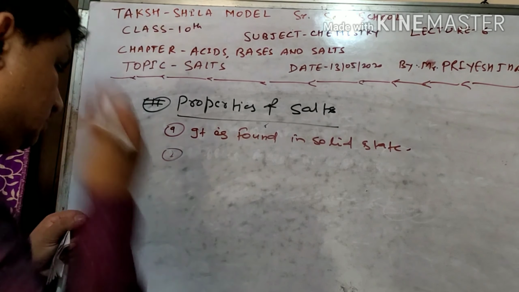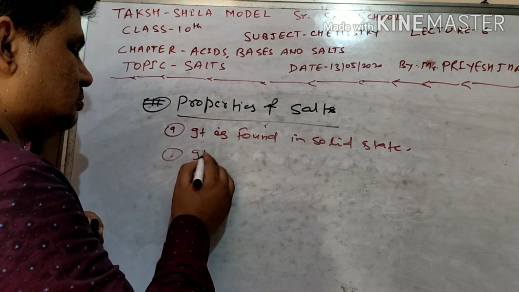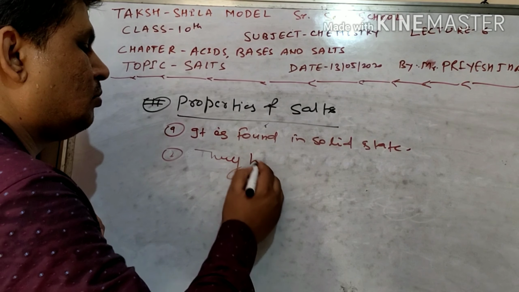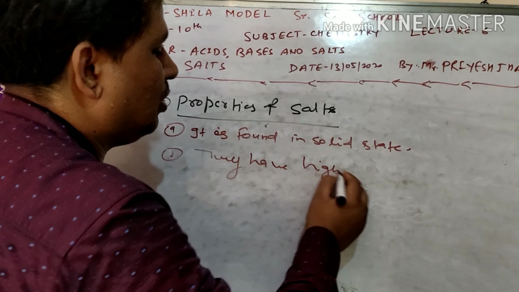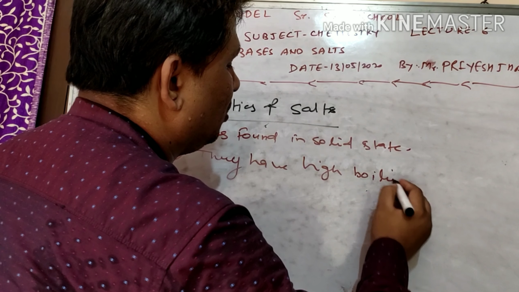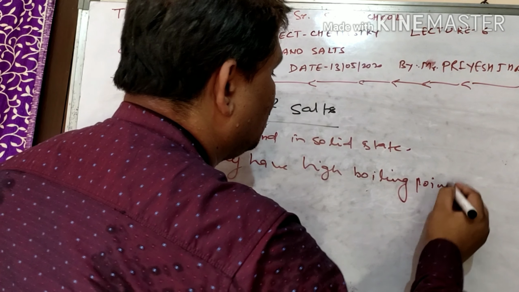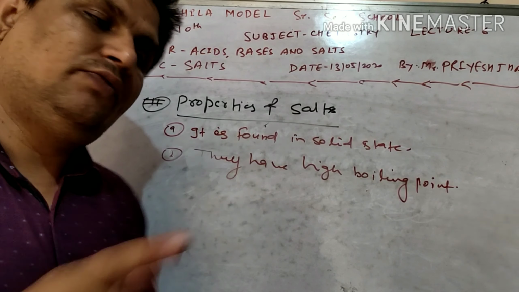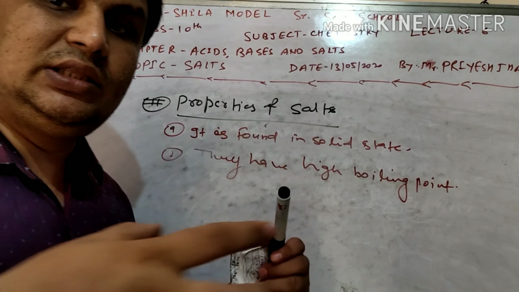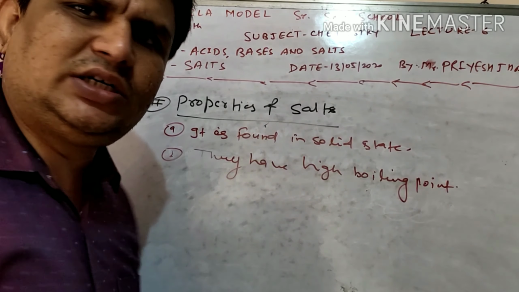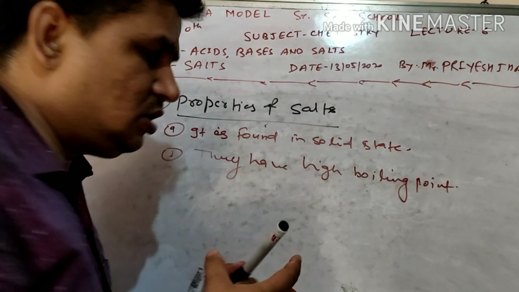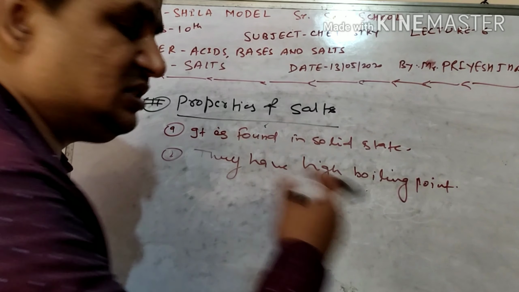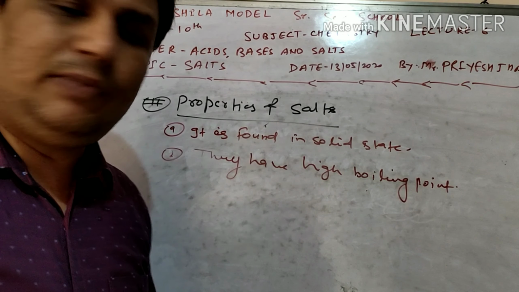Second one is they have high boiling points. Generally salts have high boiling point because salts are present in the solid state, and in salts there is a strong force of interaction between the ions, so it is difficult to convert solid into vapor, so its boiling point is generally